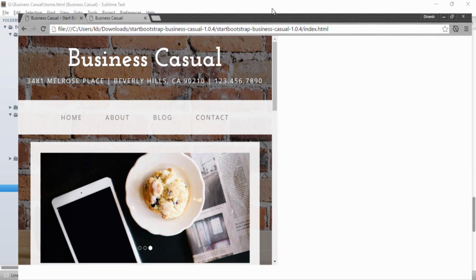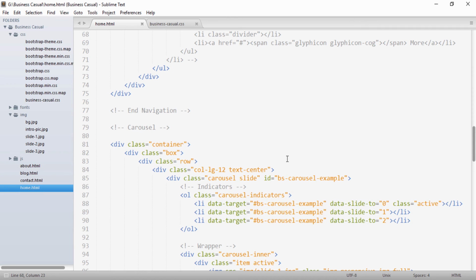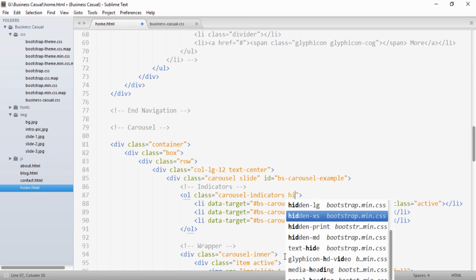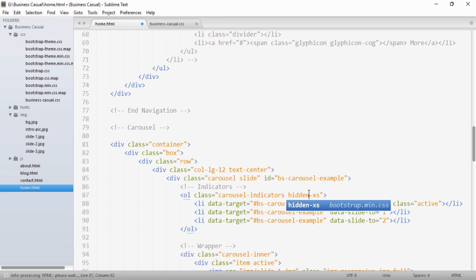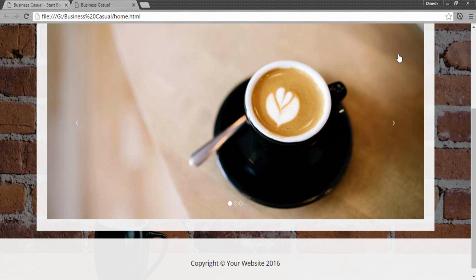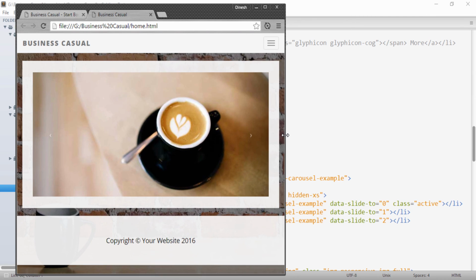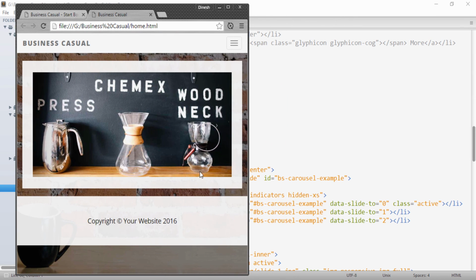So in order to do that, to our ordered list which holds the indicators, we can provide a class of hidden-xs. This class makes it hidden for extra small devices, and this class has been provided by Bootstrap. So if I save it and now show it on the browser, if I decrease the width of the browser, below 768 pixels you see that it disappeared.